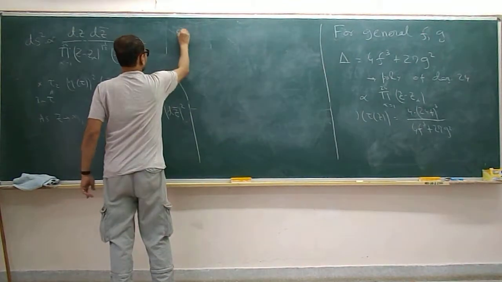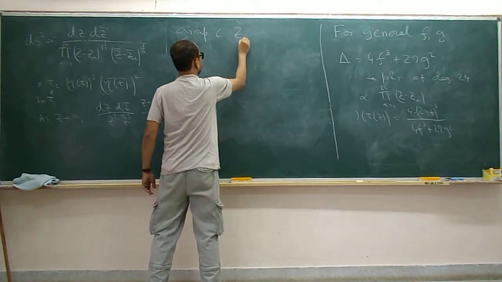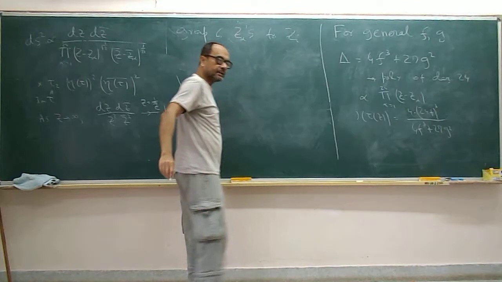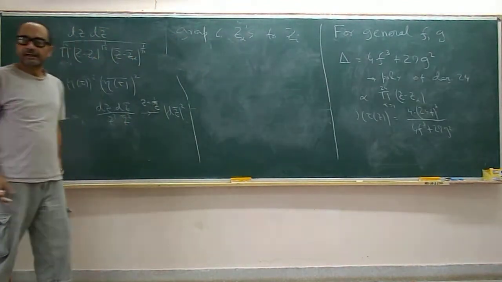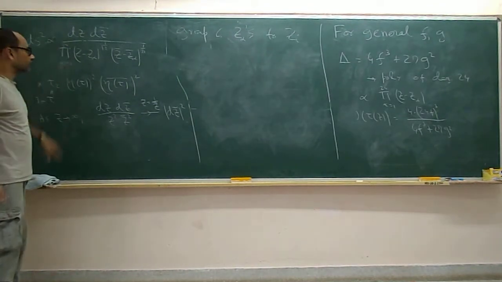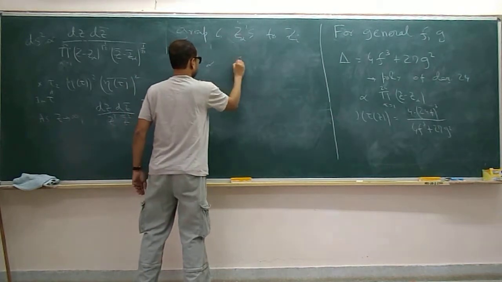So group 6 z alphas to some zi. Instead of having 24 z alphas all different, for the spatial f and g that we have chosen, they are grouped 6 at one go. So that means this sum will now go over 1 to 4, so ds square will be proportional to